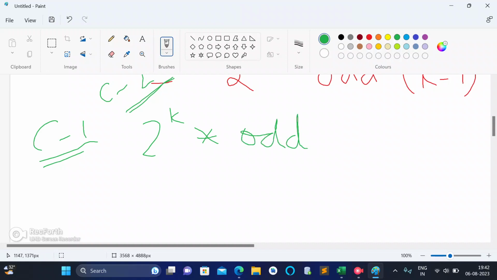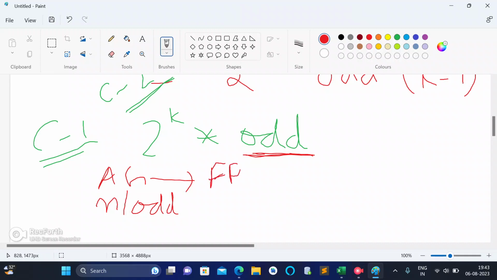So my case 1 says 2 raised to the power k into odd. What do you think? Ashish will say, okay, now it's my turn, so I will divide the number by this odd number. He will divide n by odd. Now fastest finger is left with 2 raised to the power k, and we know that 2 raised to the power k does not have any odd divisor greater than 1. So fastest finger has to forcibly apply operation 2, because of which he has to subtract 1.